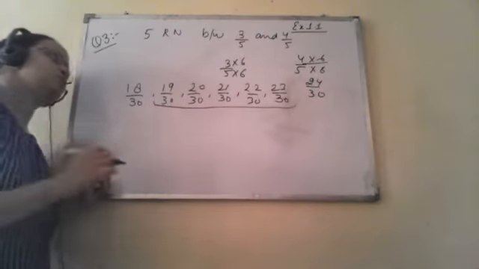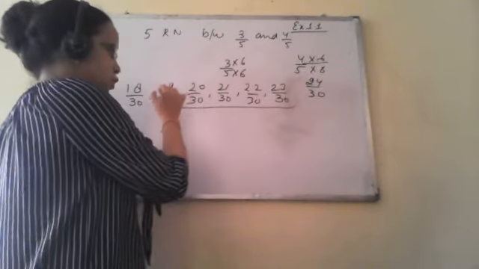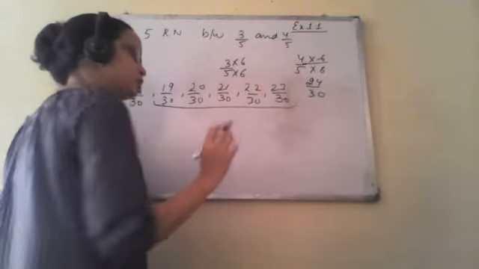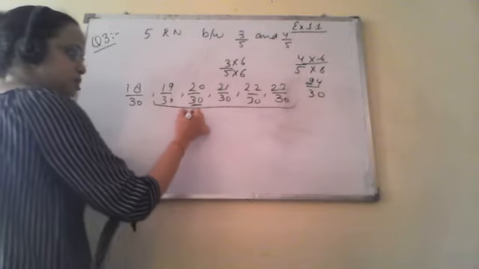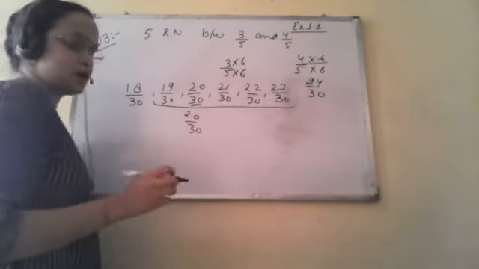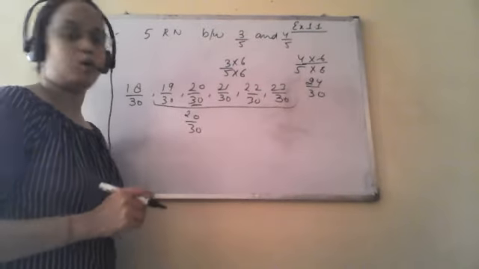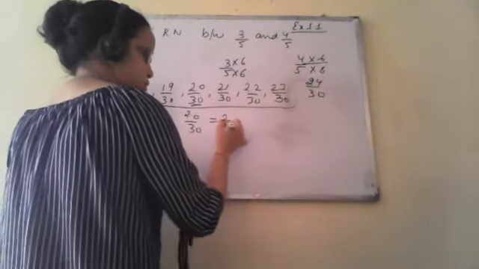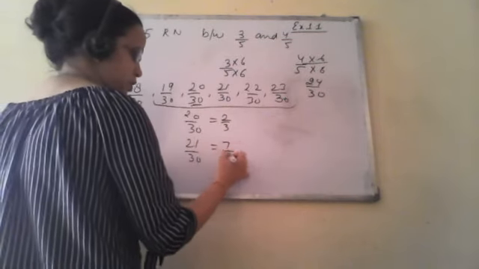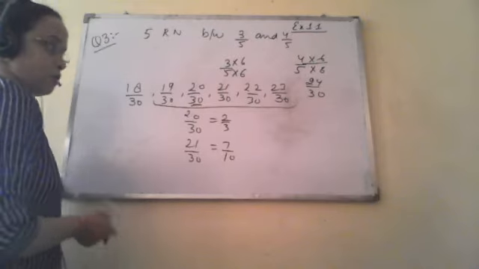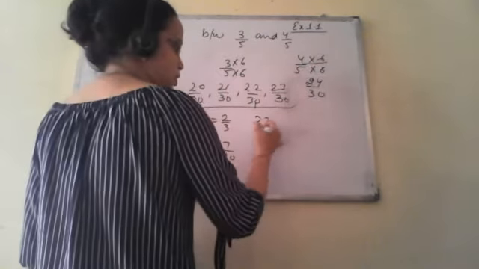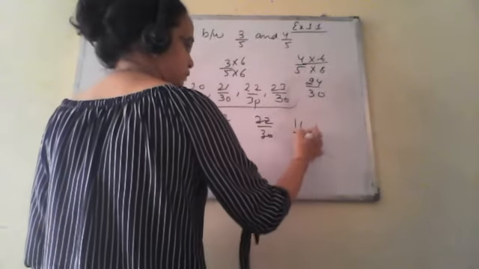So one thing, if these are not co-prime numbers, like 20 upon 30, you have to reduce them to standard form. You have to make P and Q co-prime. So this should be written as 2 upon 3. This 21 upon 30 should be written as 7 upon 10. You have to reduce it to standard form, and I hope you know how to reduce to standard form. And this 22 upon 30 should be 11 upon 15.